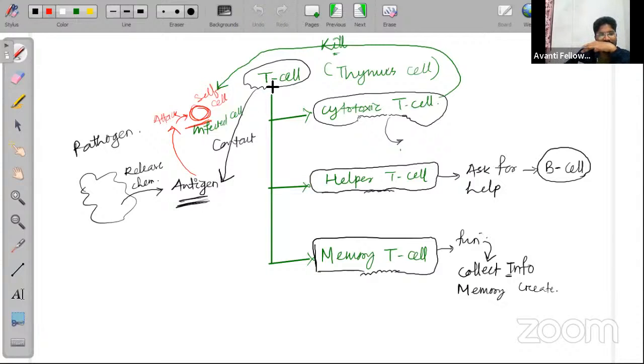T cell will be there. This T cell is getting matured in the thymus. They are also called T for thymus cell. Okay, thymus leukocyte. Cytotoxic T cell, helper T cell, and memory T cell. This helper T cell goes and asks for help from the B cell. Memory T cell will be collecting information and memory against the pathogen, and cytotoxic T cell will be killing the self cell. ये किल करता है।